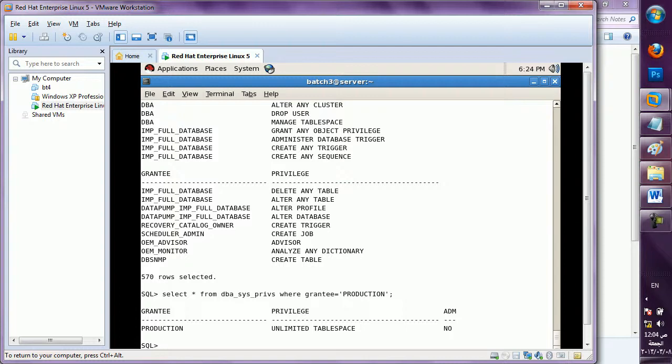I have shown you how to expire the password at first login. Whenever I create a user and give password expire, in the first login attempt my password is expired. The user can change the password at his level also, on his side also.